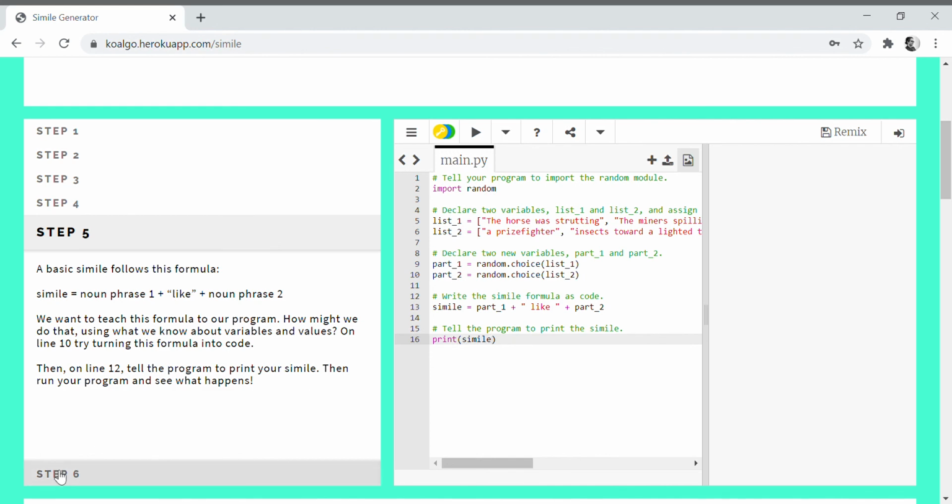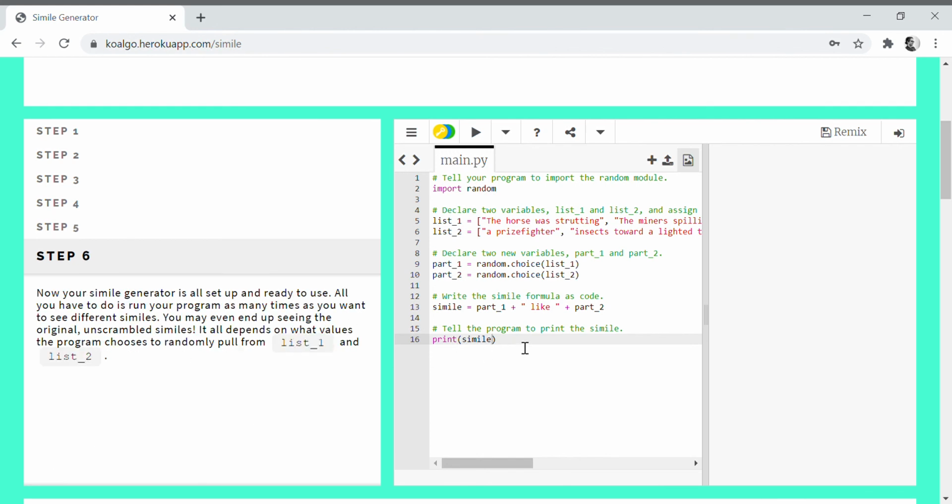Okay, so now we are ready to print our simile. We use something called the print function, which is basically just telling our program to display some results in our output area, and we're going to print simile. This is a variable right here, and we're telling the program, I want you to display the results of simile. Remember I said earlier that with variables and values, if you are doing things with the variables, you're doing things to the values. So we're telling the program to print simile. That means that we're going to end up seeing whatever the value is for that, which for simile is right here. So we're going to end up seeing this.